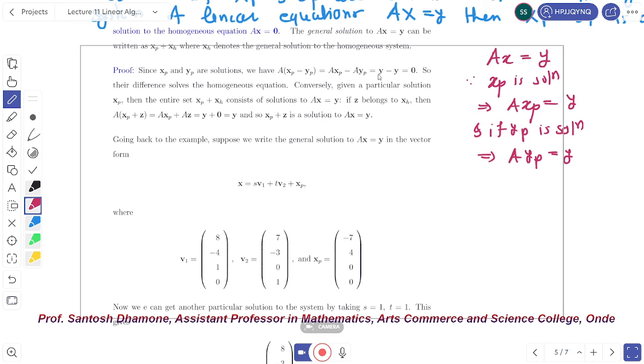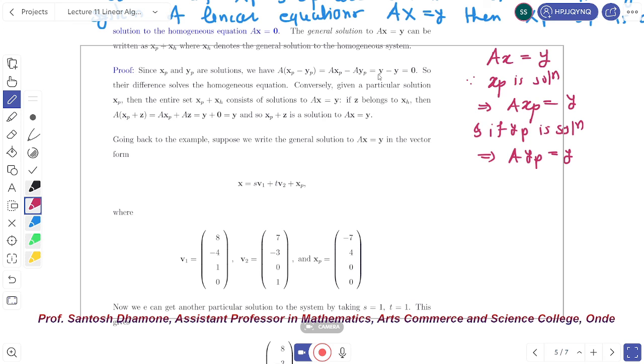As ŝ and t̂ run over all possible pairs of real numbers, we get exactly the same set of solutions as before. So the general solution can be written as yp plus xh, that is particular solution plus general solution, as well as xp plus xh. This is a bit confusing until you remember that these are sets of solutions rather than a single solution. ŝ, t̂ and s, t are just different sets of coordinates, but running through either set of parameters produces the same set. Okay, if you take different values of s and t, then we get different solutions. This is the same.